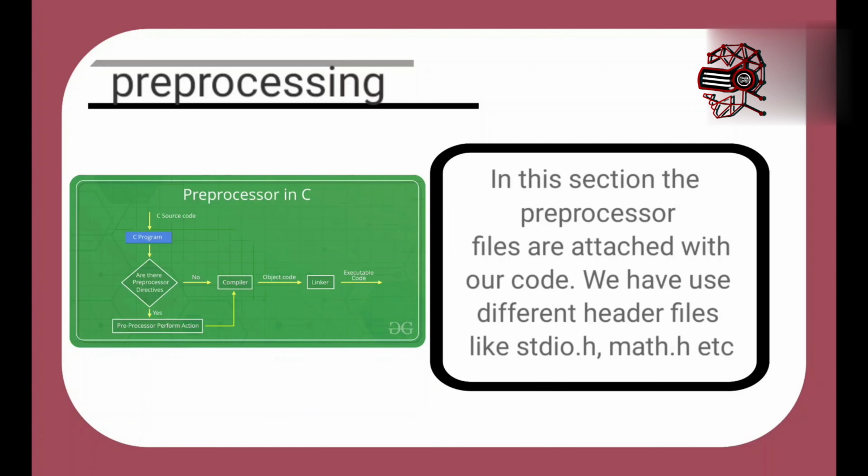2. Preprocessing. The source code is then sent to the preprocessor, which processes various preprocessor directives. Preprocessor directives start with a hash symbol in C and are used to include header files, define macros, and perform other text manipulations before compilation. Common preprocessor directives include #include for including standard library headers, and #define for creating